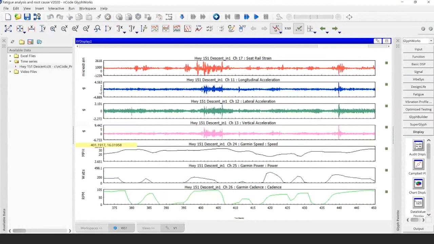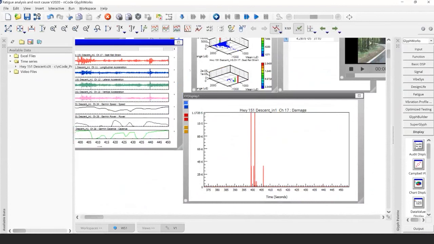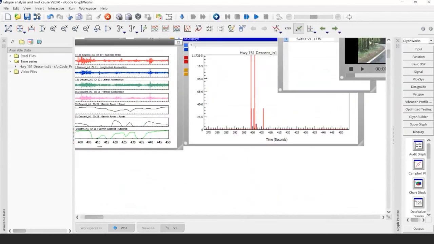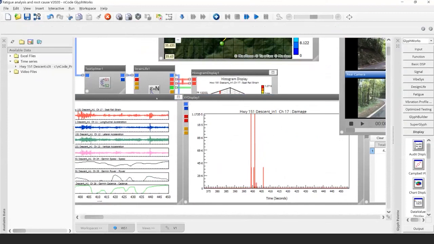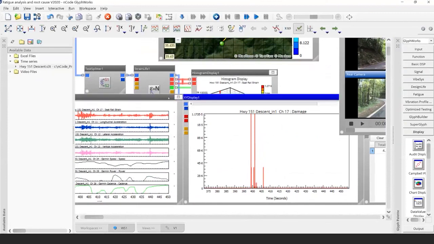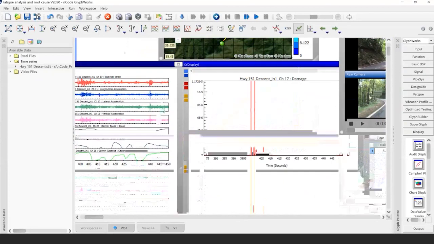So if you have the videos, very easily you can go back and forth and zoom in and out until you understand exactly, providing you had a camera pointing to the root cause, but very easily it can help you find the root cause of anything that looks suspicious in your signals. I guess that's the objective of this demo here, to show you the use of